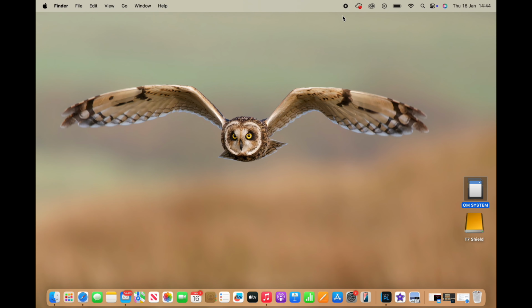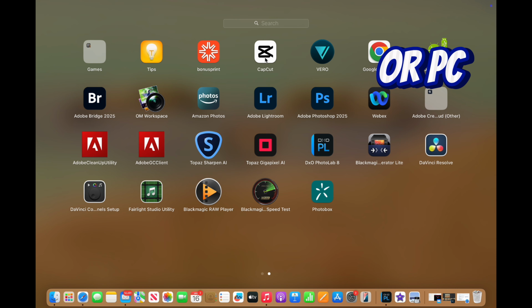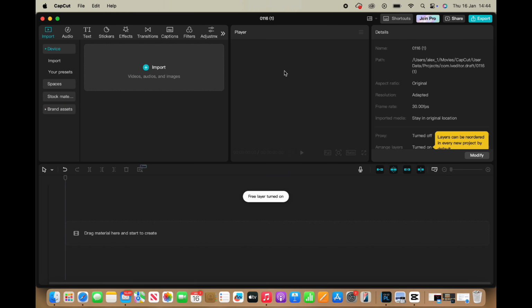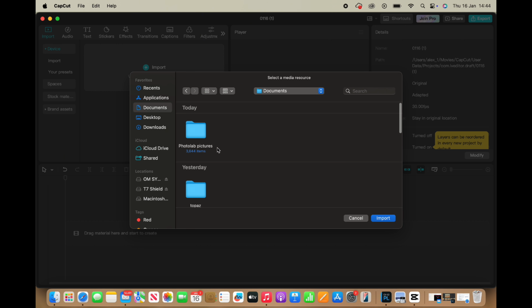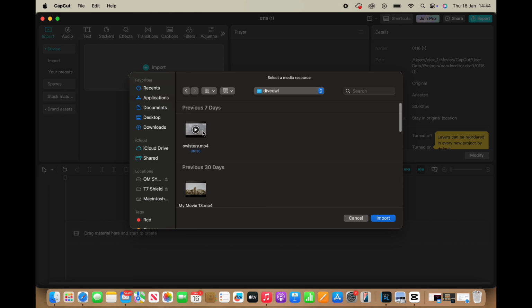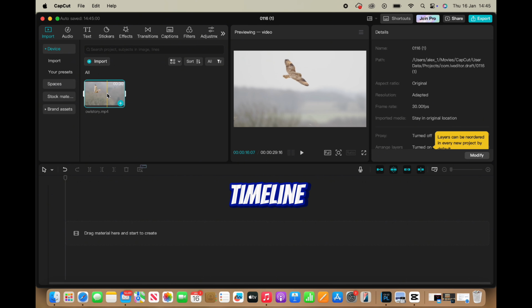So I use CapCut on the Mac to make my movies into reels. So go onto your Mac, select CapCut, create project, and then import your footage from whatever storage device you have. And I'm using a ready-made file that I've already recorded. Once that's imported, drag down the footage to the timeline,